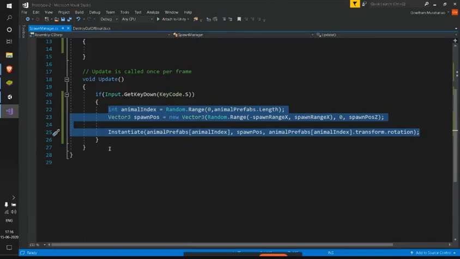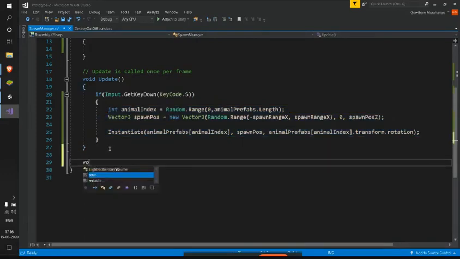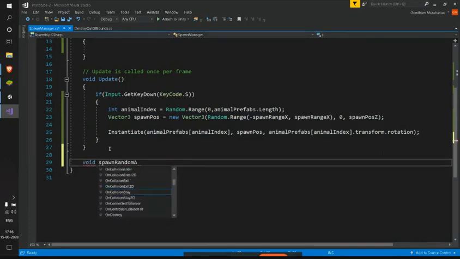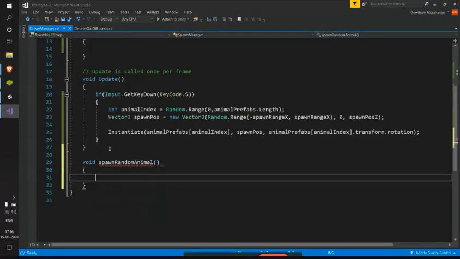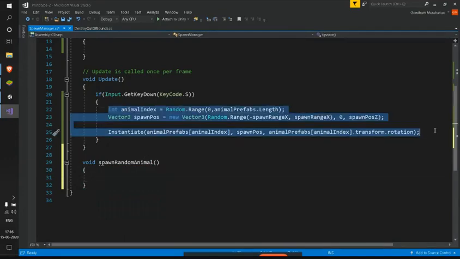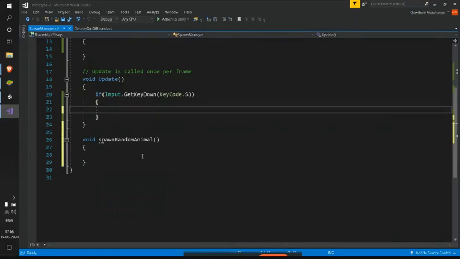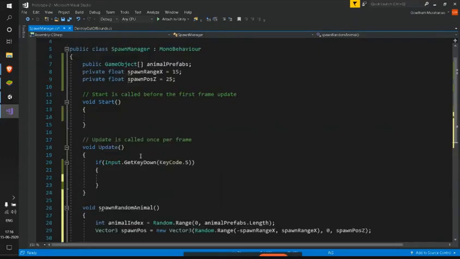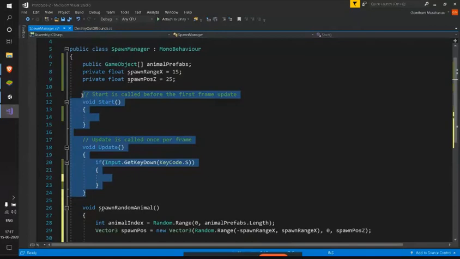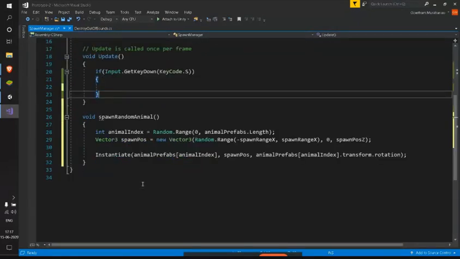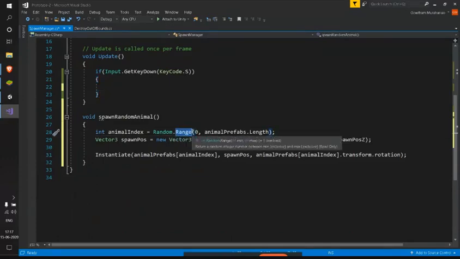Okay. So let me just create a new method called void SpawnRandomAnimal, and what I'll do here is cut and paste this part of code. Until now we have overridden a few methods like Start and Update, and we have called a few methods, for example this Range.